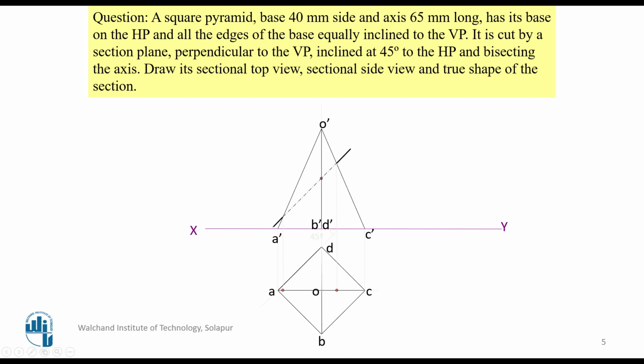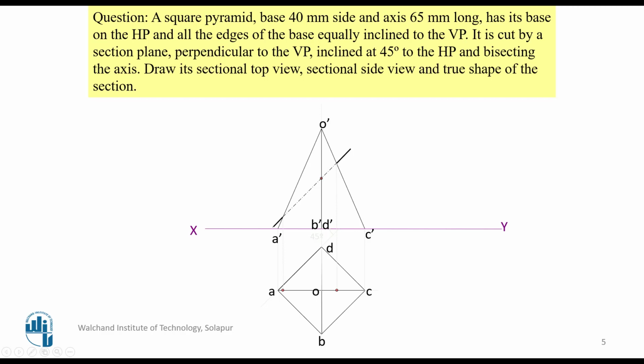Bring these projectors in the downward direction. It is going to cut the OC line. So now the difficulty arises at the center line. You cannot get it directly by projecting like this. You have to go with any one of the edges, either this side or this side, because OA as well as OC, important thing to remember here, are parallel with the XY line. That is the reason OA and OC are the true lengths.